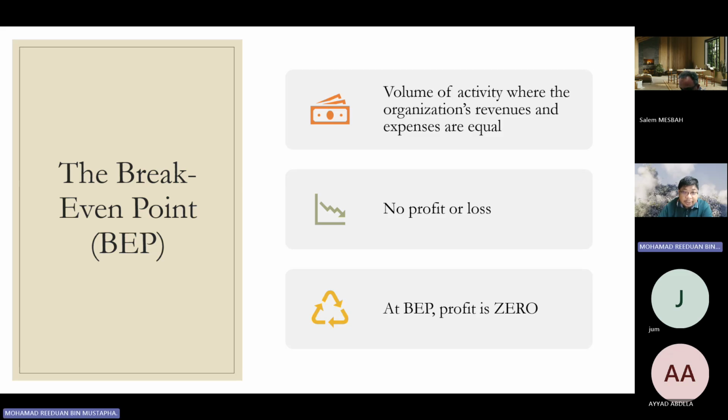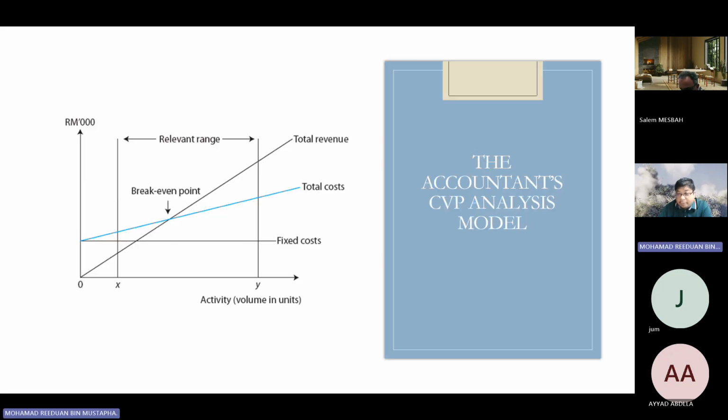So you see why the formula for break-even uses the fixed cost. This is the fixed cost statement again. The fixed cost you need to divide by the contribution margin per unit. So what is the contribution margin per unit? How do we calculate this? CMU equals